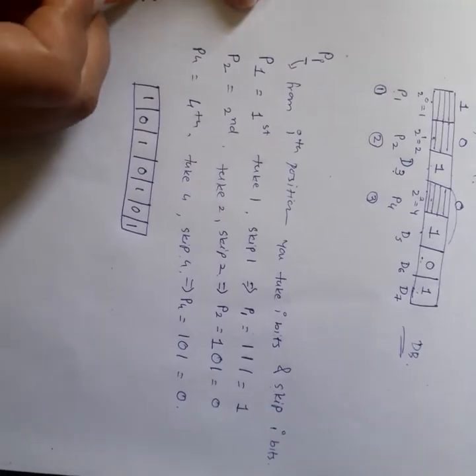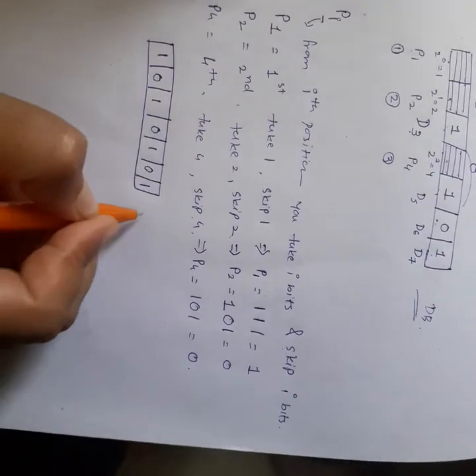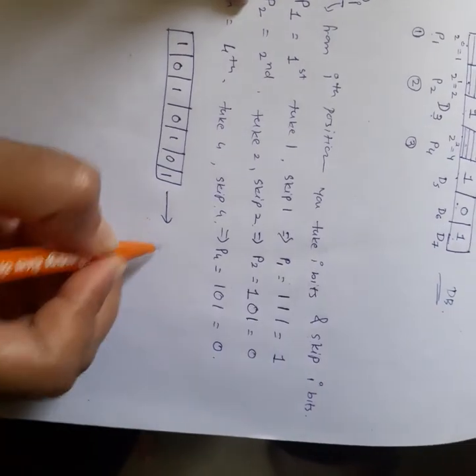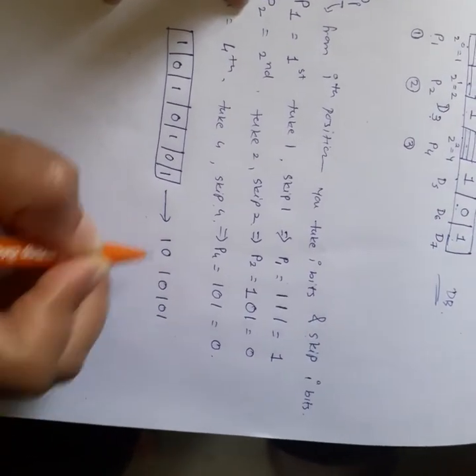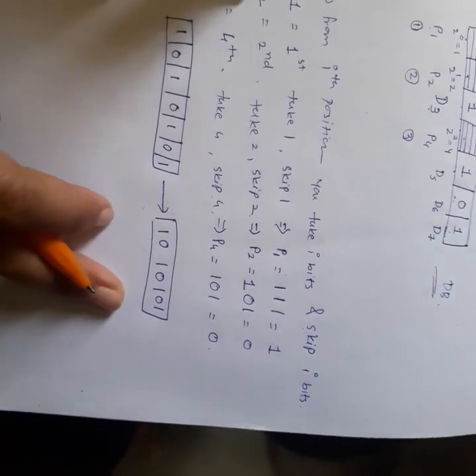After calculating this, that is the process done at the sender side. Now what will the sender do? The sender is going to submit it to the receiver, correct? So here at the receiver side, I assume my receiver has received 1 0 1 0 1 0 1, the same value, correct? My receiver has received this.